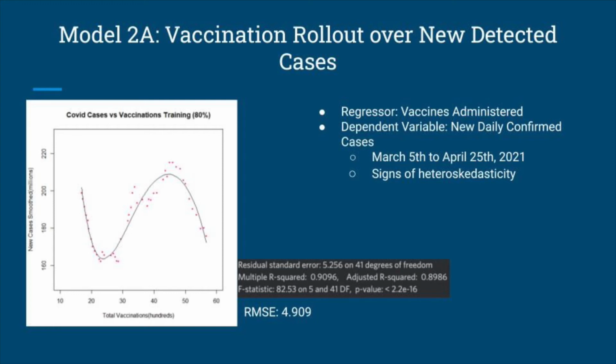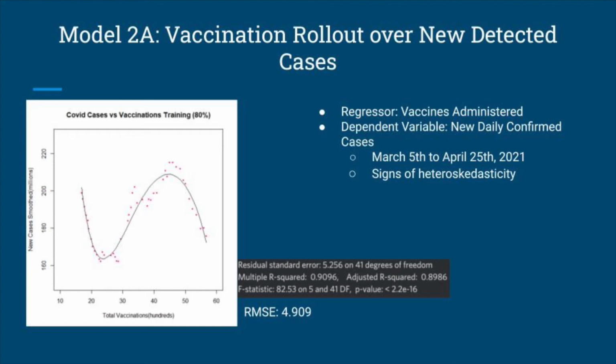To depict the relationship between the rollout of the vaccines and the new daily confirmed cases of COVID-19, we applied a polyregression per OLS similar to our previous models. A residual standard error of 5.256 shows a relatively small deviation from the line. In the context of Model 2A, predicted values may deviate from the best fit line of up to 5 million